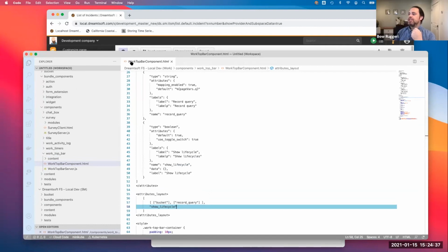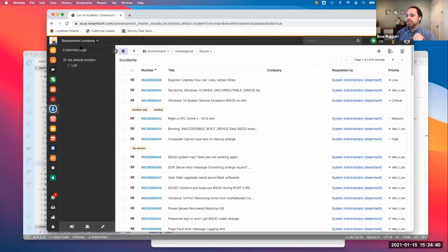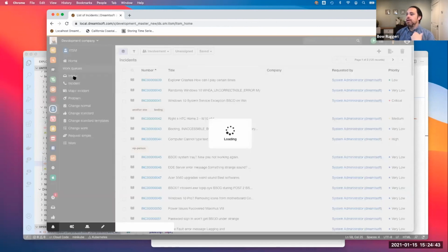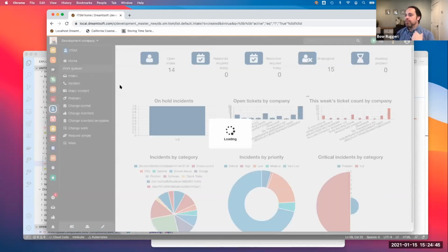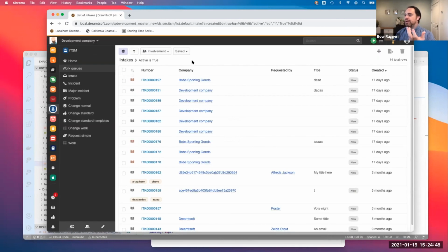Yeah. So in this case, this is the Worktopbar component. If I want to see this in action, we use this one right now in our intake process. To reiterate, I think we went over the intake a little bit in the last video, but the intake's the way that MSPs handle a ticket coming in. It's known as a ticket, but really it needs to get translated into an incident or a request, or a piece of demand, like a nice-to-have. Often these intakes will come in through an email, or obviously someone can answer the phone,